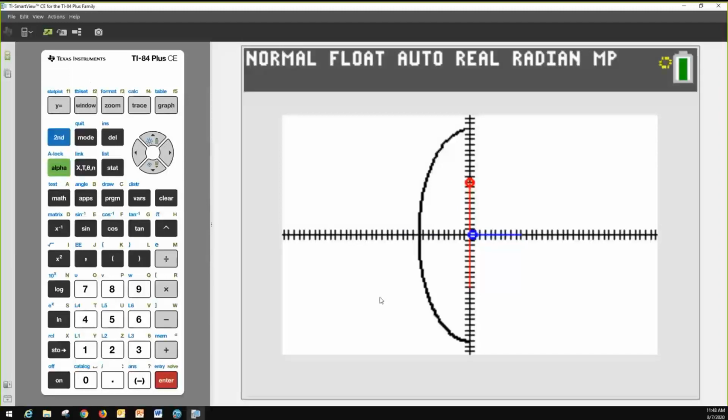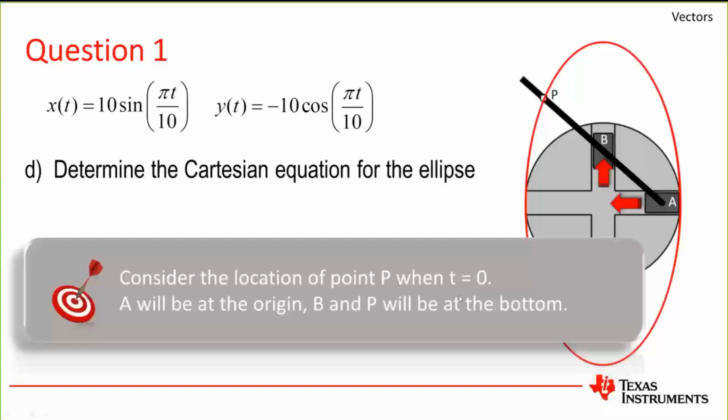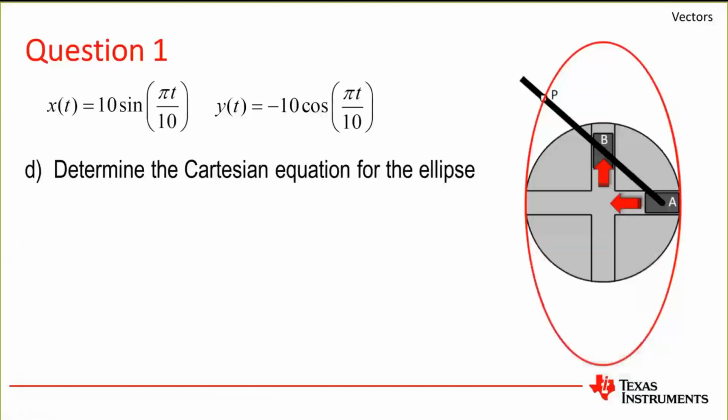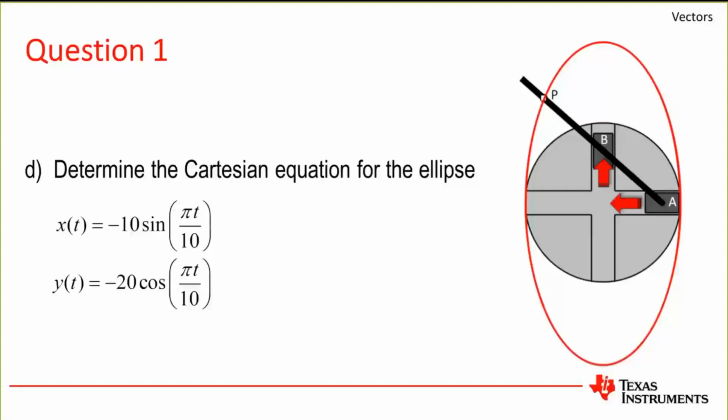And my Trammel seems to be progressing quite well. So, now that I've got my parametric equations, I can get the Cartesian equation. There's a little bit of work. I'll let that animation run on in the background. So we've looked at the location when t equals 0, and also at t equals 5, because you don't always have to come up with a parametric equation. You could have come up with the equation for the ellipse using the Cartesian equation of an ellipse just by picking up some points. But if you're using the parametric equations, the two that I've just created,